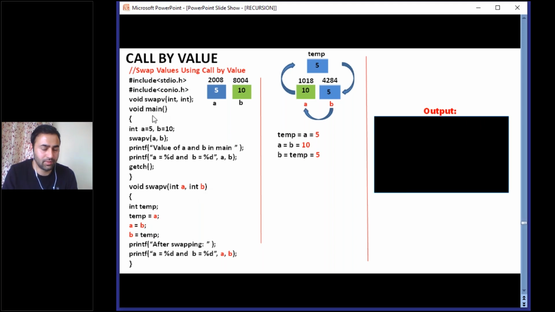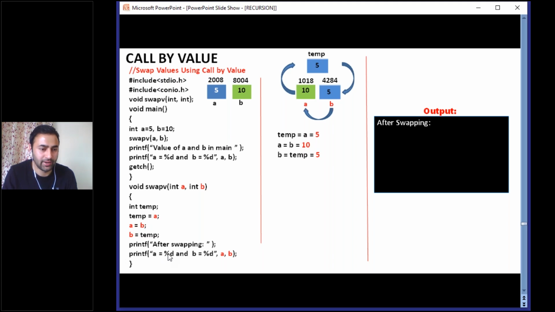See, program execution starts from main program. So first time a and b will be given values, then you have called here a and b. Okay, so your control will go to this statement and all interchange has been done here. Then this statement will be printed first after swapping. Okay, so this will be the output after swapping.